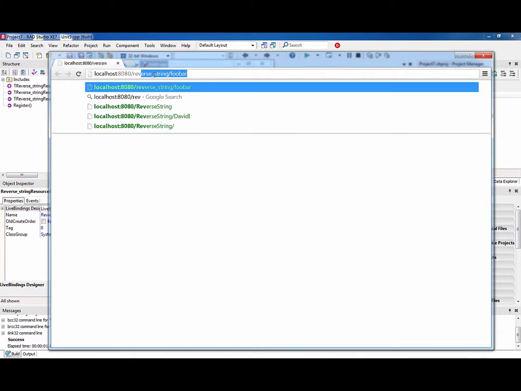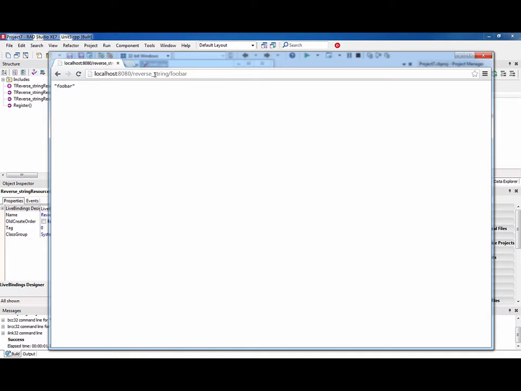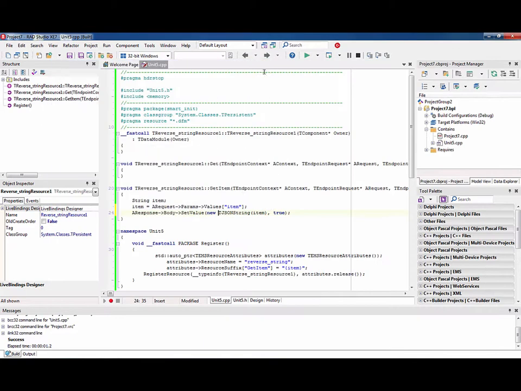So the endpoint we just built is called reverse string. Okay, and by itself it doesn't do anything, but if I do a / and pass in a value, in this case the name foobar, I'll see that it returned exactly what I put into it, because that's what I did in that code. So now let's go back in here, and what we're going to do is send the reverse of that string. So in here we could use the string utils function reverse string,